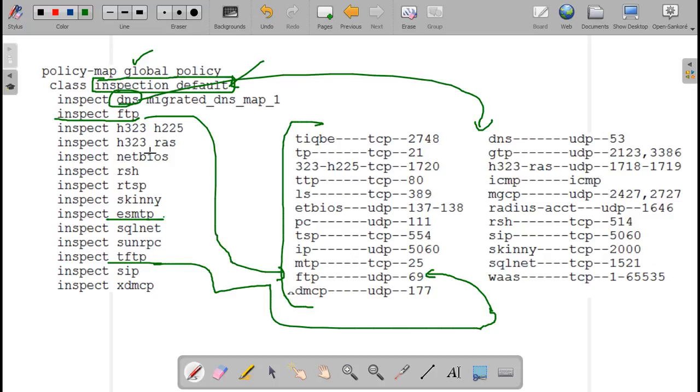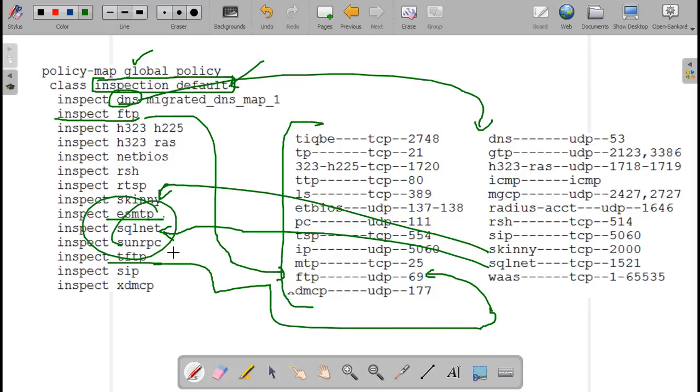For SQL, Telnet, SMTP, FTP, IP. For SQL, Telnet, do it here. For Skinny. So when you are saying inspection, where is this inspection done? On these traffic. We call it traffic, not port number. So any traffic which is coming on these.